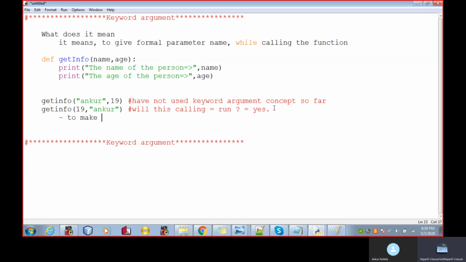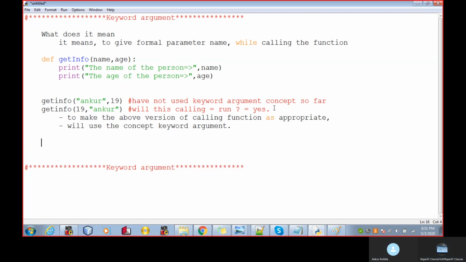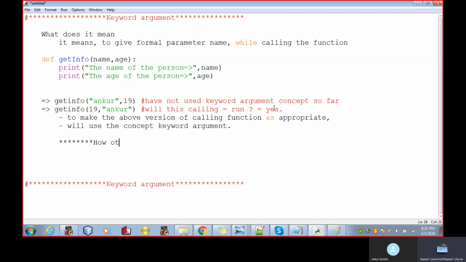So to make the above version of calling the function appropriate, we use this concept. Now how to use it? The question is how to use it.